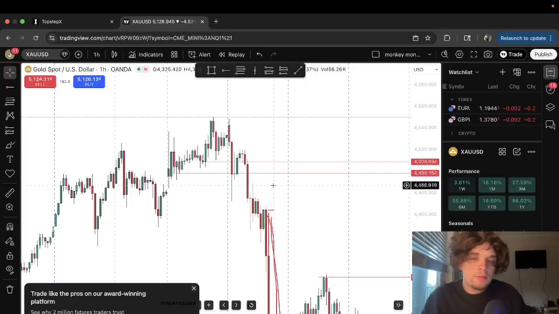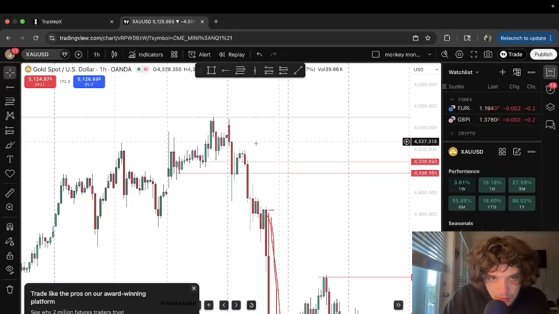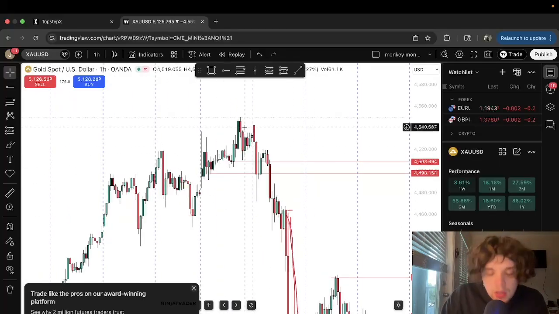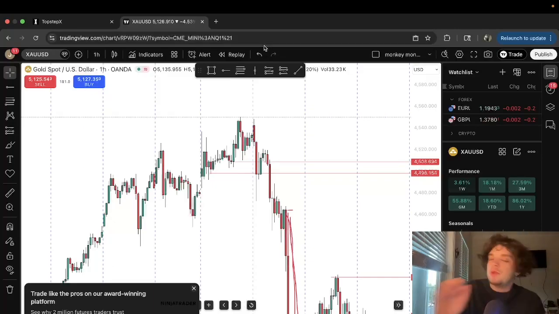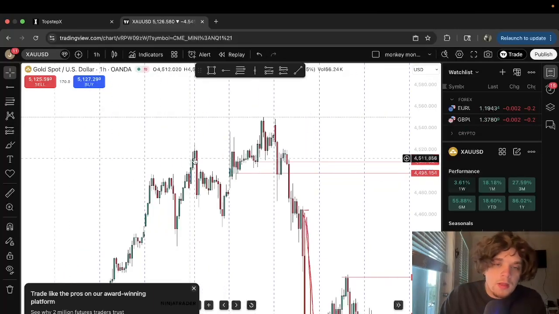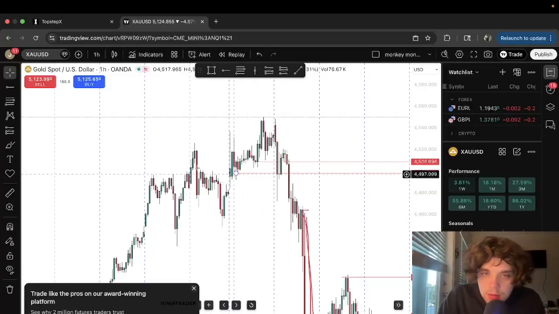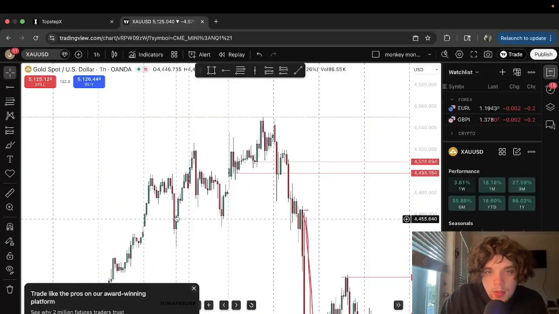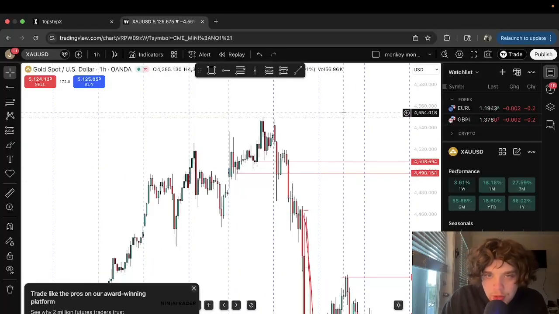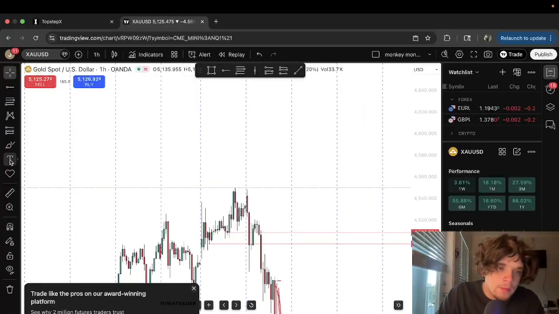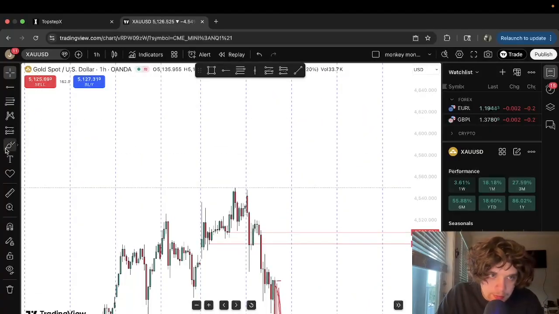So, pretty much, with an uptrend, you don't want to look at the outside of the structure for a break of structure, obviously, because if it keeps going up, then that's not a break of structure. You want to be looking at the internal part of the structure. And I'll write this down too.